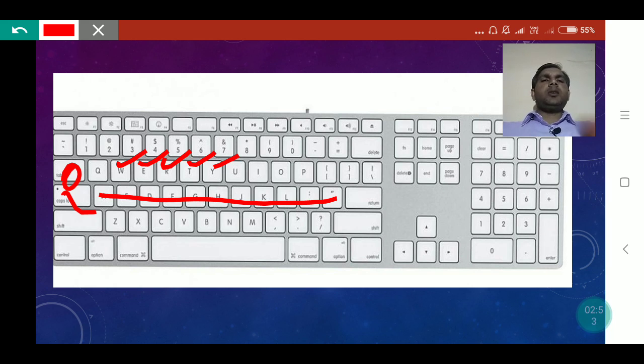The reason for the QWERTY order is to make data entry fast, so we can enter data faster than with an alphabetical order. Here you can see the standard keyboard, which has 104 keys.